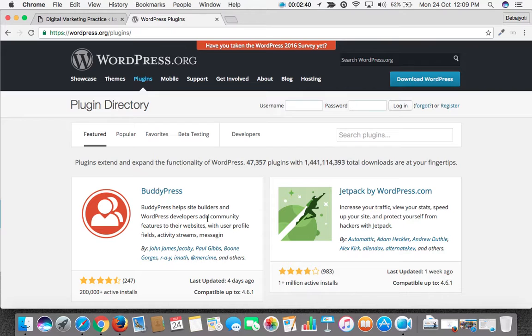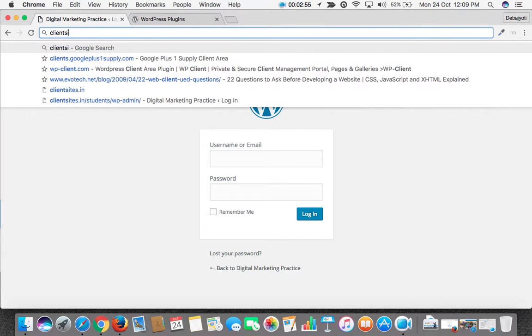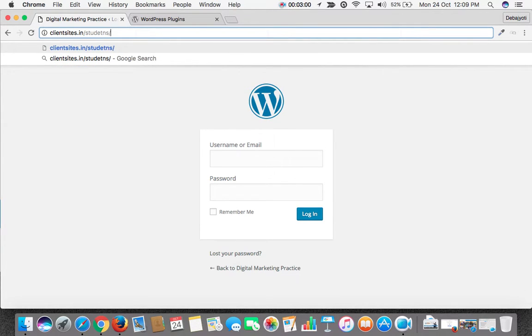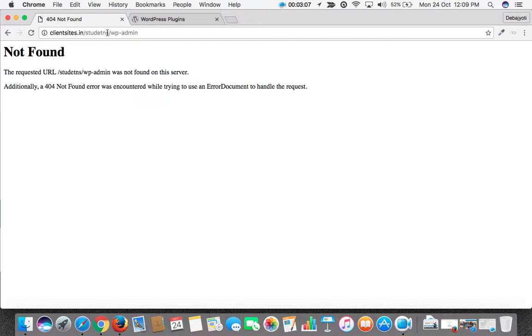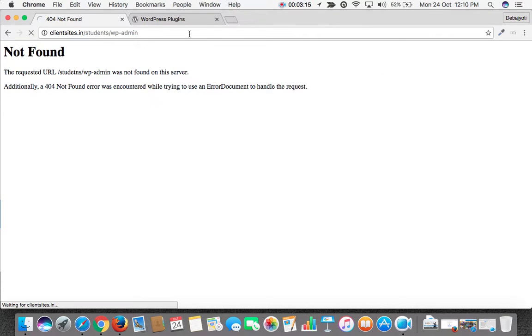So let's check the self-hosted WordPress dashboard. This is the website clientsites.in/students. This is our self-hosted WordPress website. To log in here, you type clientsites.in/students/wp-admin. This is our URL to log into the backend. We click on this. I got a spelling mistake here. So click on this and